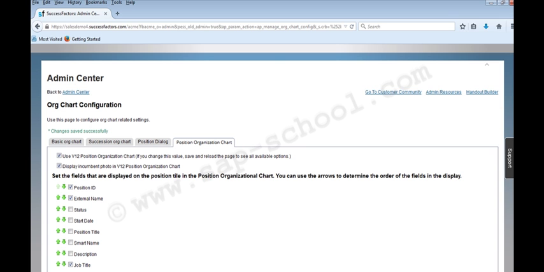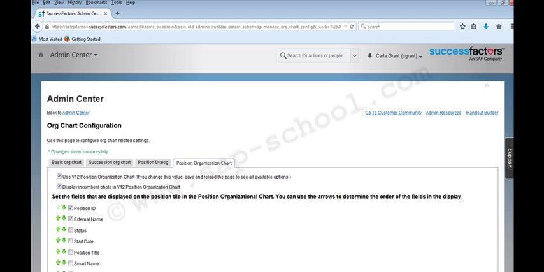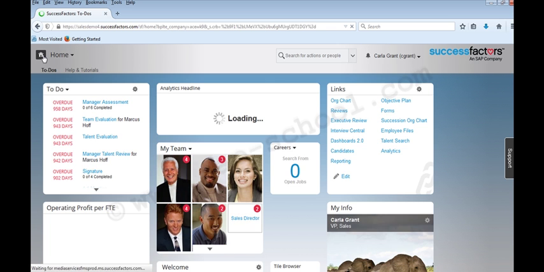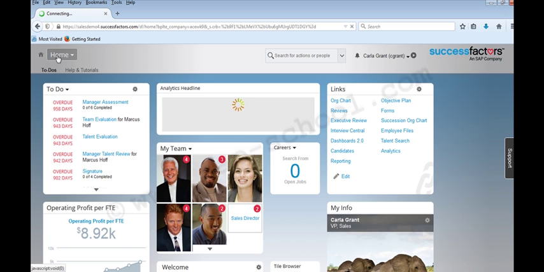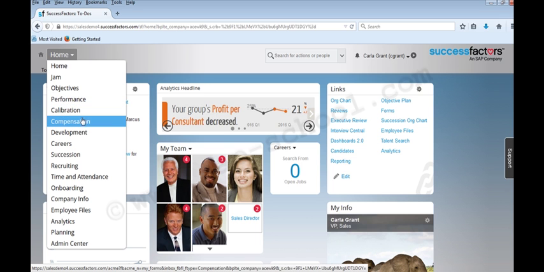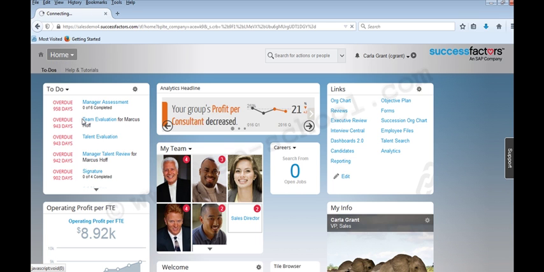So now we will see how we can set up the compensation in the SAP SuccessFactors environment. So for this, let's go back to the home screen again. And then we have to choose the compensation from the home page drop down. So here we have this option of compensation. So if I click on the compensation,